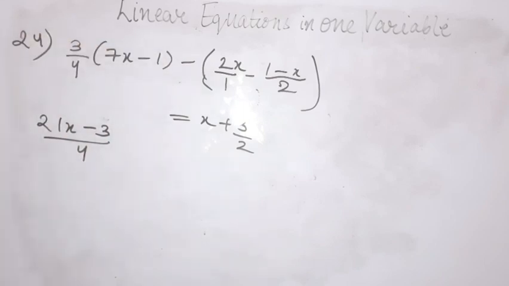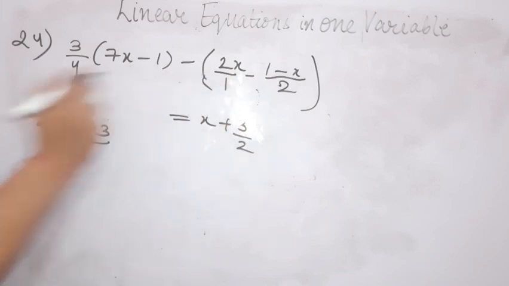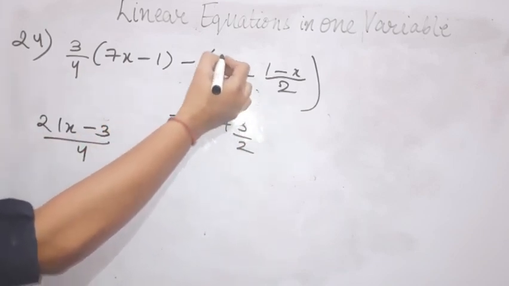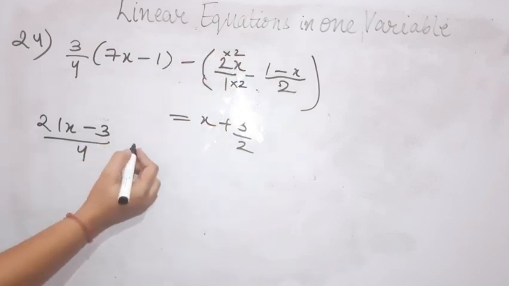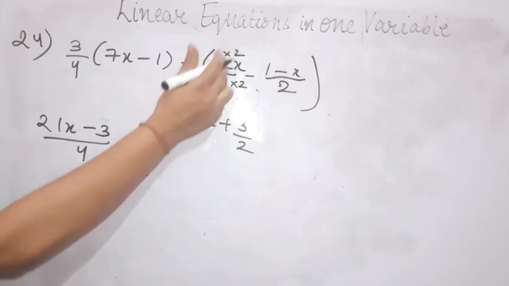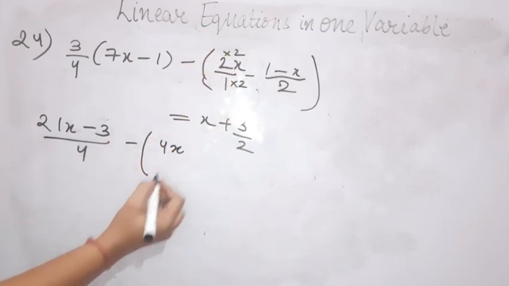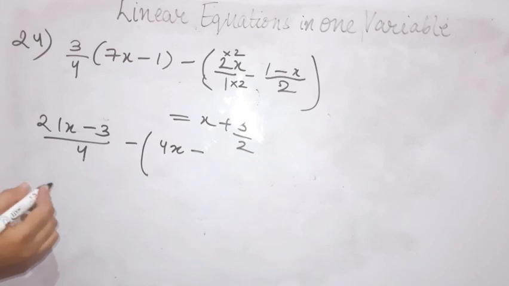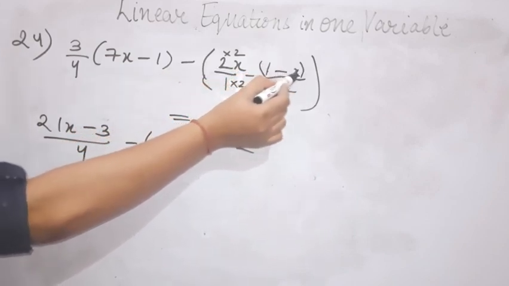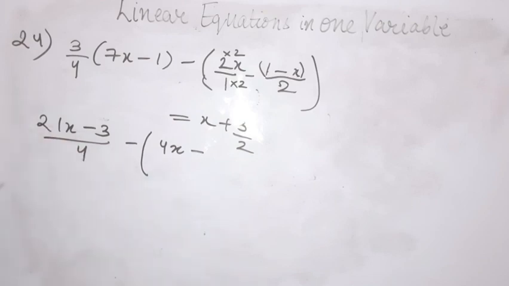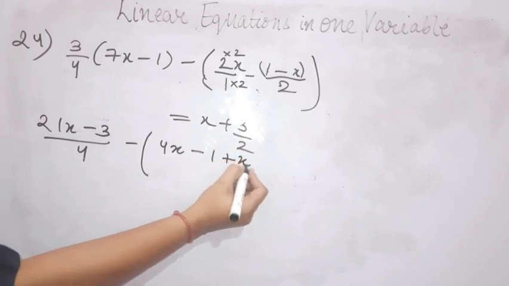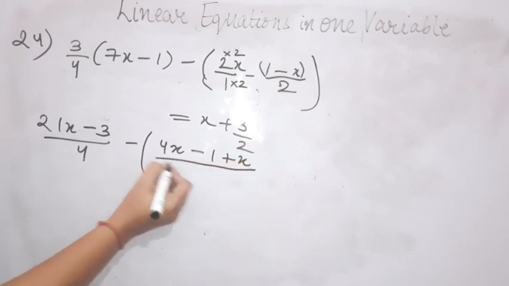of 2x. So now what is the LCM of 1 and 2? The LCM of 1 and 2 is 2. So to make it 2, it has to be multiplied by 2. So now 2 2s are 4. I am not opening up the bracket. There will be a negative sign. So now it will be 2 2s are 4. So it will be 4x minus, since this minus sign is in multiplication with 1 minus x. So it will be multiplied, right? So it will be minus 1 and minus minus will become plus. So plus x upon 2.